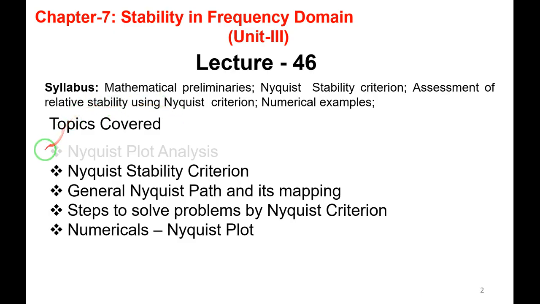Yesterday we have seen the theoretical aspects of Nyquist plot analysis, right? And what we have studied, I will brief you. Next slide I have summarized it. Today we are going to study the Nyquist stability criterion. What is the Nyquist stability criterion, that we will see. Then what is the general Nyquist path and how we can map from S plane to F plane, right? That also we will see. Then steps to solve the problem by Nyquist criterion, and we'll solve one numerical on the Nyquist plot,